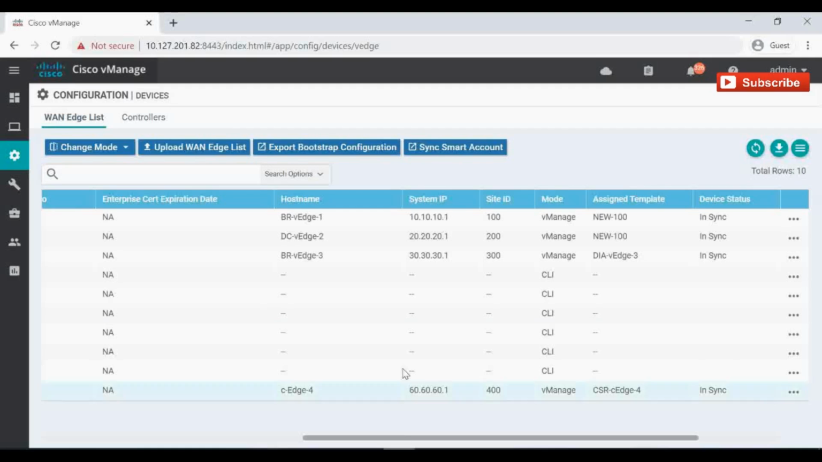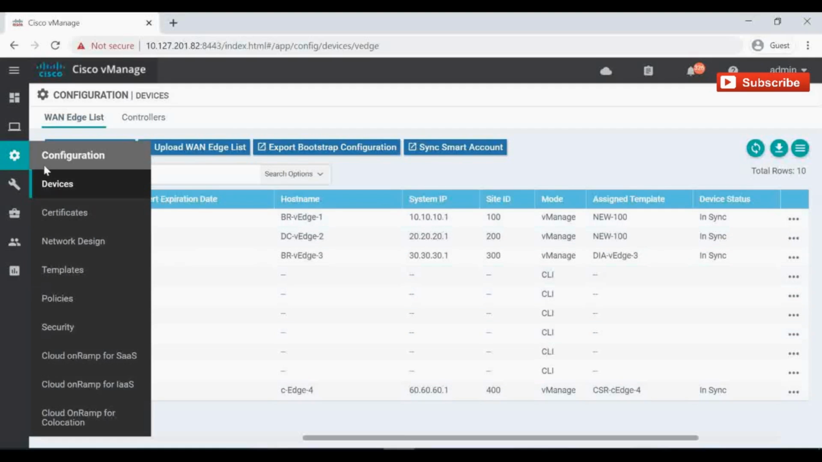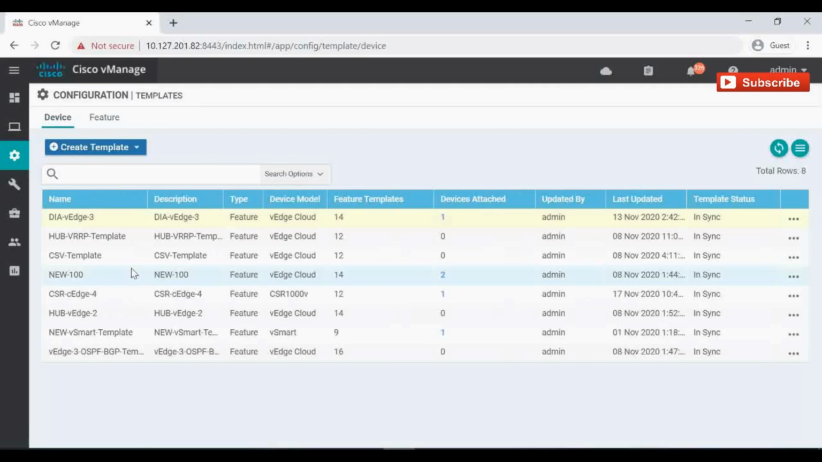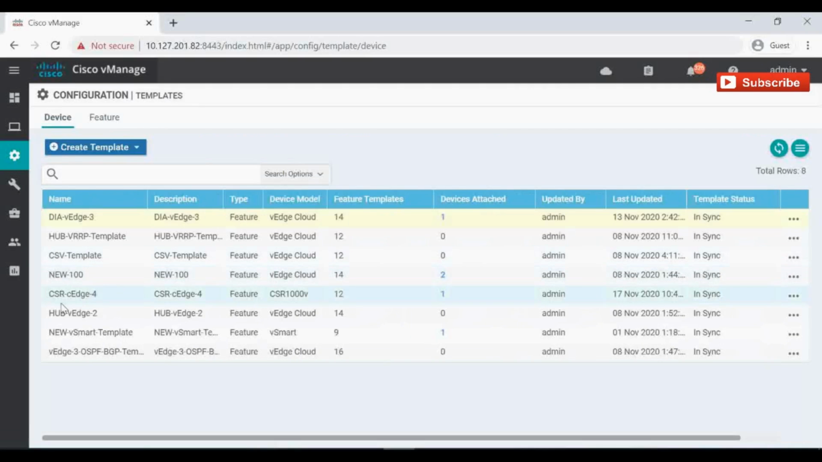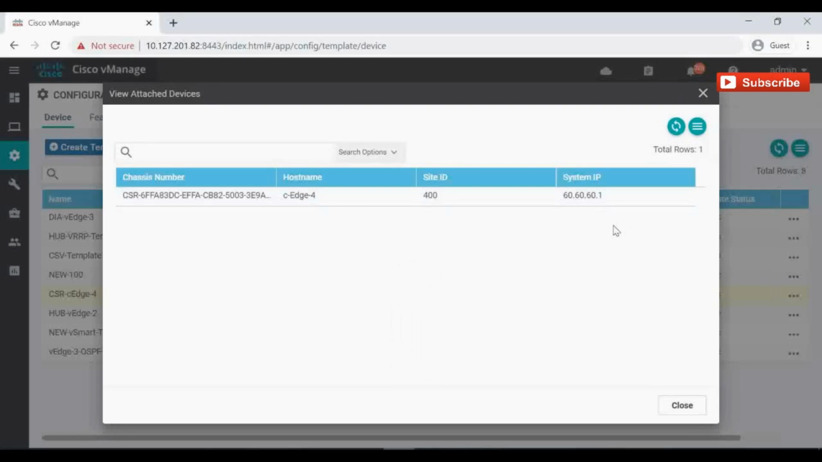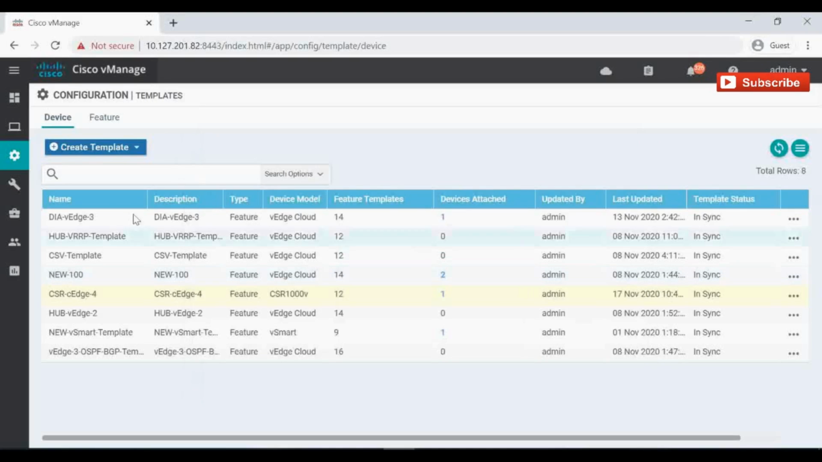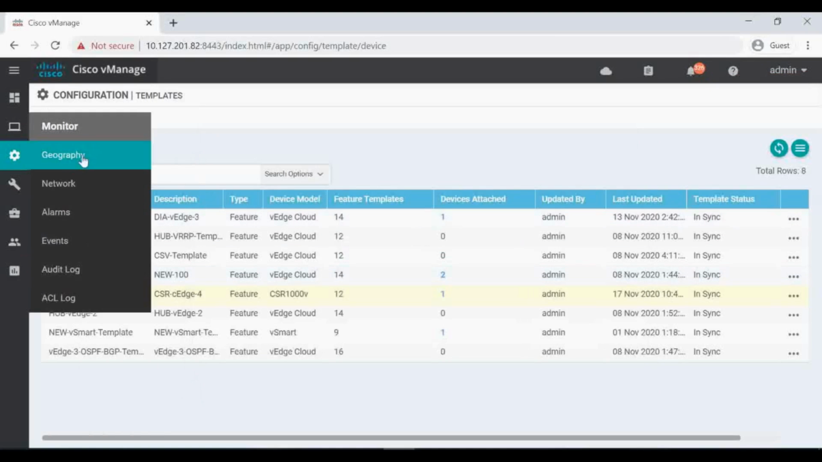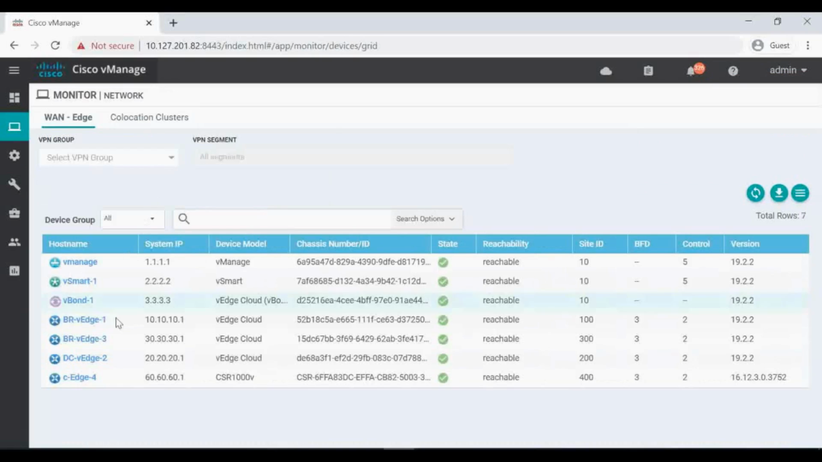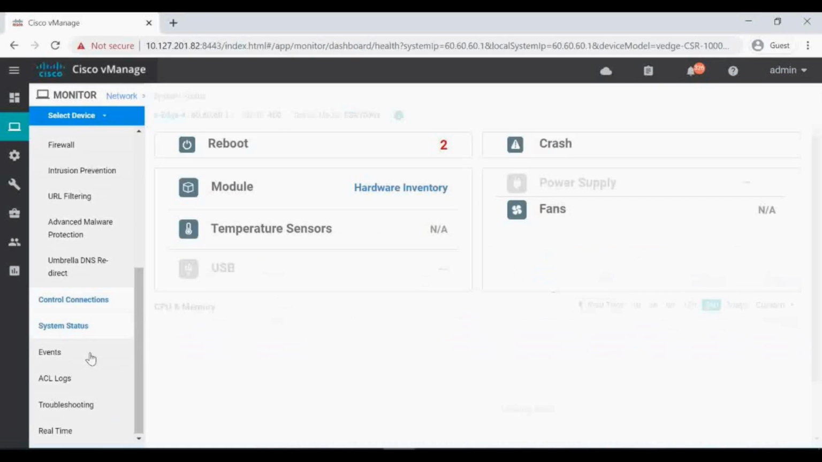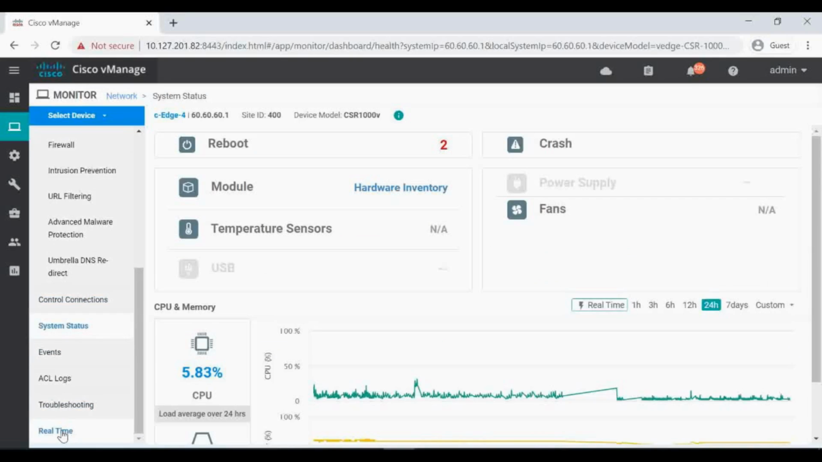Now let's go back to our vManage. In vManage, under templates, we can see this CSR CH4 template. You can see device attached, the new device that we just added. You can see that here. Also we can go to monitor networks, and you can see CH4 here. We can check the same commands here also in real time,